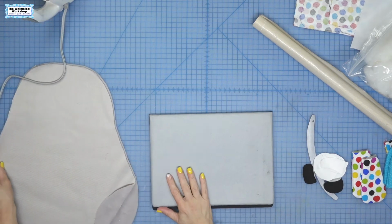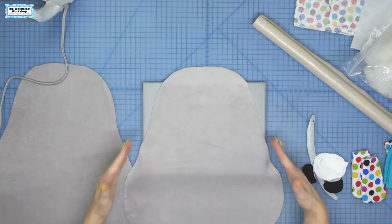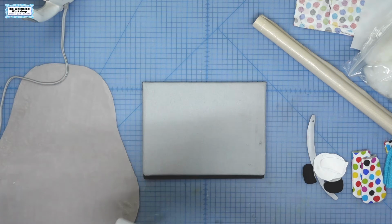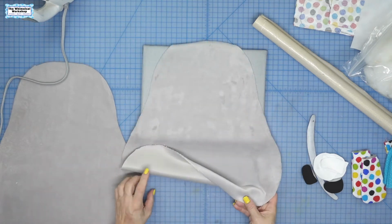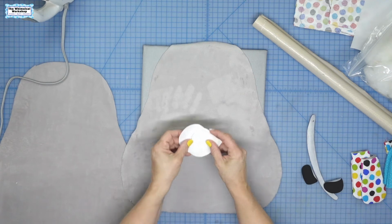Now in my case, I'm going to make the monster with a skinny head and a big wide bottom, where originally with Puck, it went like this. So I just took the body for Puck and I'm turning it around. Now that I know which end is going to be the head, we're ready to start fusing our pieces onto